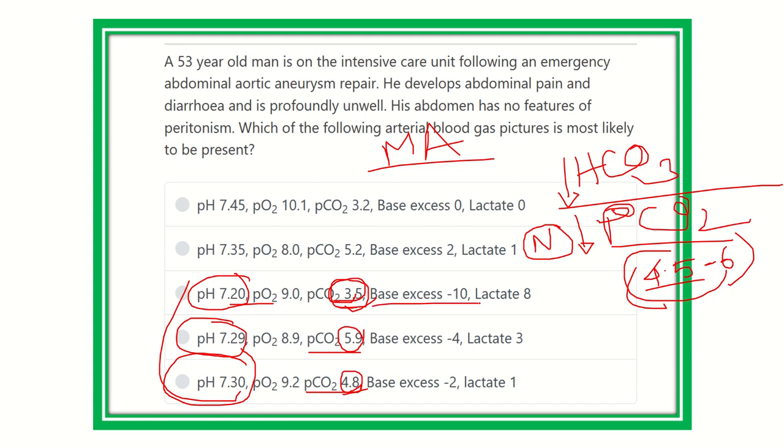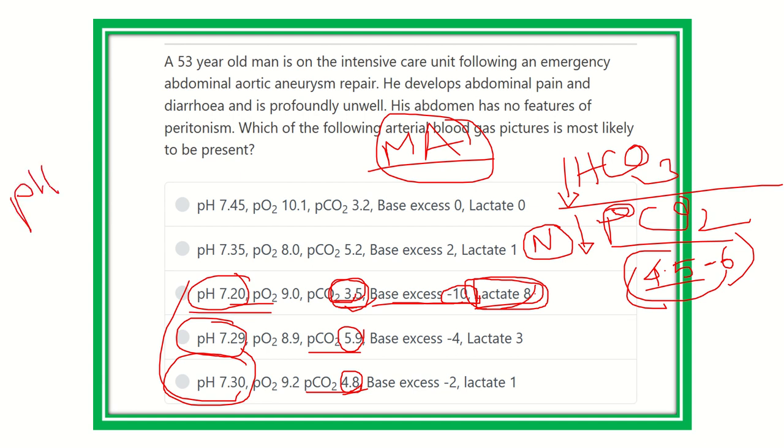And here are the base excess and lactate. In case of a metabolic cause, the lactate will be higher. Here lactate is higher, and base excess is normally plus or minus 2, but here it is minus 10, which is more. So in this question, our answer is C,